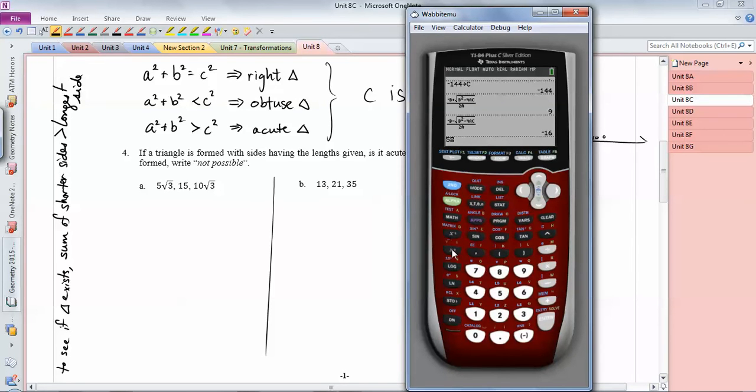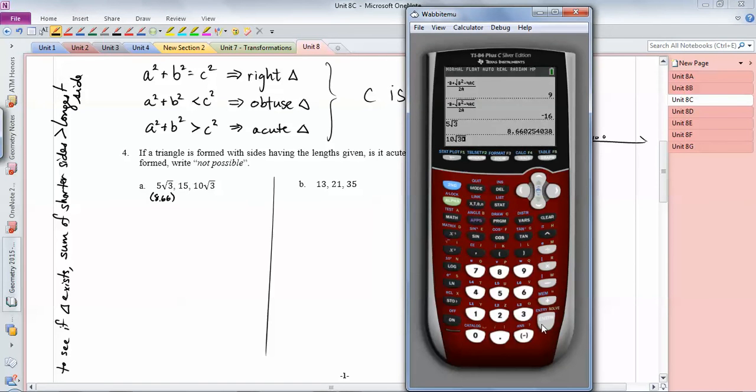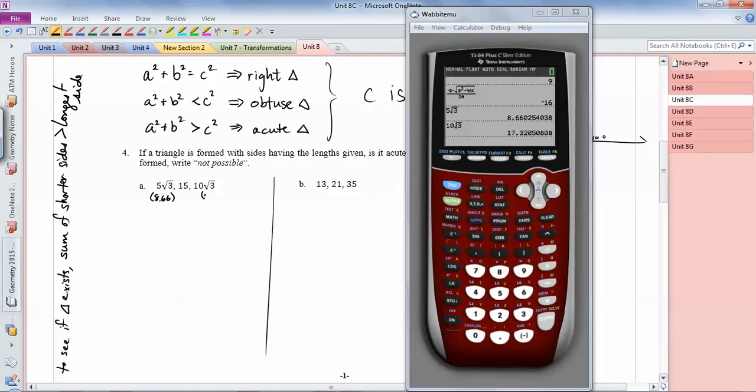5 square root of 3 is about 8.66. So I'm just going to put here about 8.66. And 10 root 3 is going to be double that. 10 root 3 is about 17.32. So when we compare the sides, this is A, this is B, this is C. And if we do 5 root 3 plus 15,